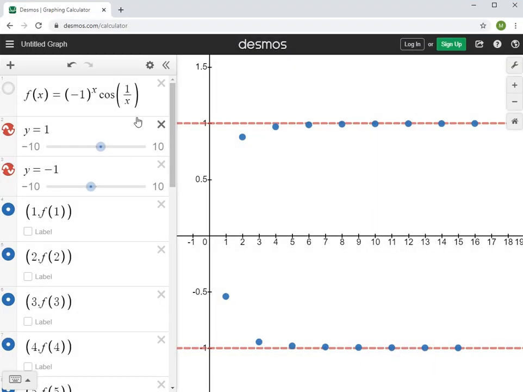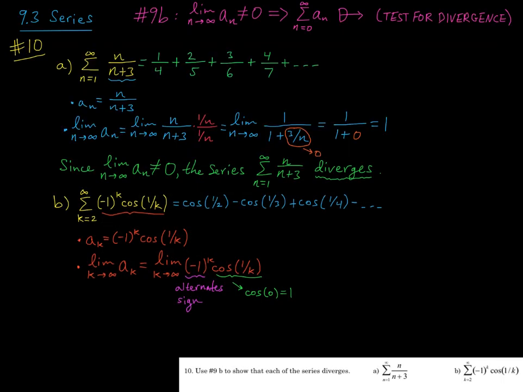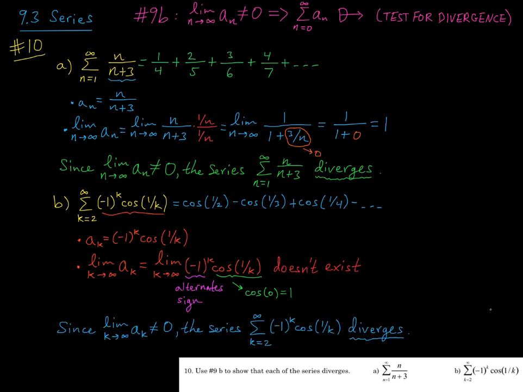Here's a visual for you of our sequence. So we're bouncing between positive and negative values, and you can see as we move to the right, these things in magnitude are all getting close to 1, right? So alternating between values between 1 and negative 1. So that says that this limit does not exist. And so in particular, a sub k is not approaching 0 as k approaches infinity. So again, we conclude that this series of negative 1 to the k times cosine of 1 over k as k varies from 2 to infinity